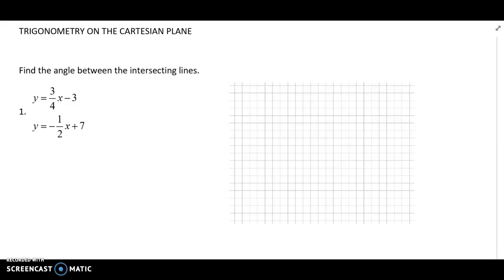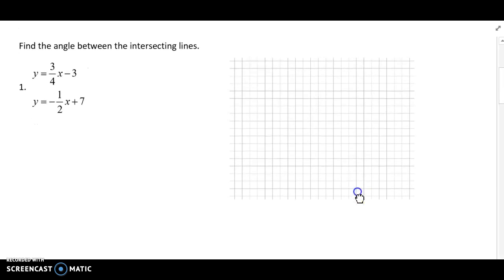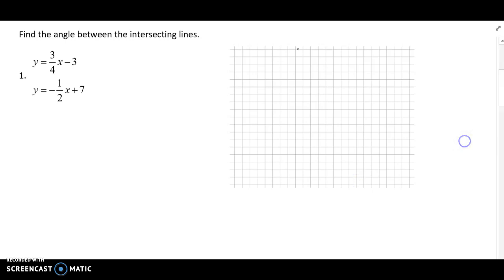Geometry, trigonometry on the Cartesian plane. The Cartesian plane means we're talking about on an XY graph. Problem number one, find the angle between these intersecting lines. And for this one, we can be very precise on the graph